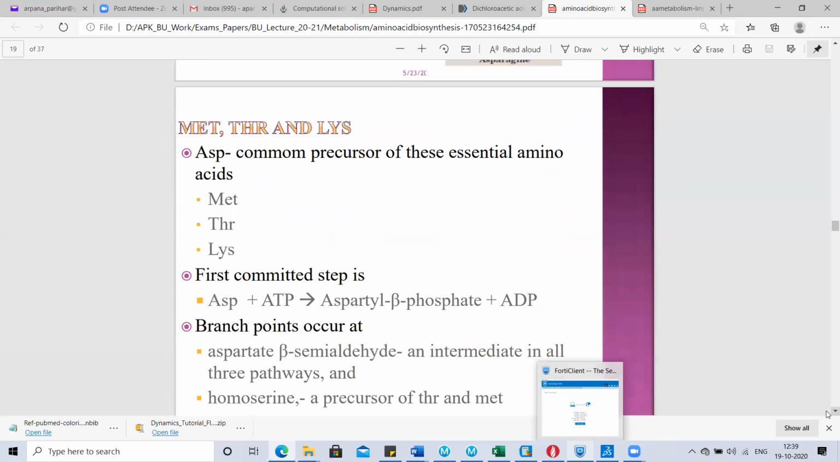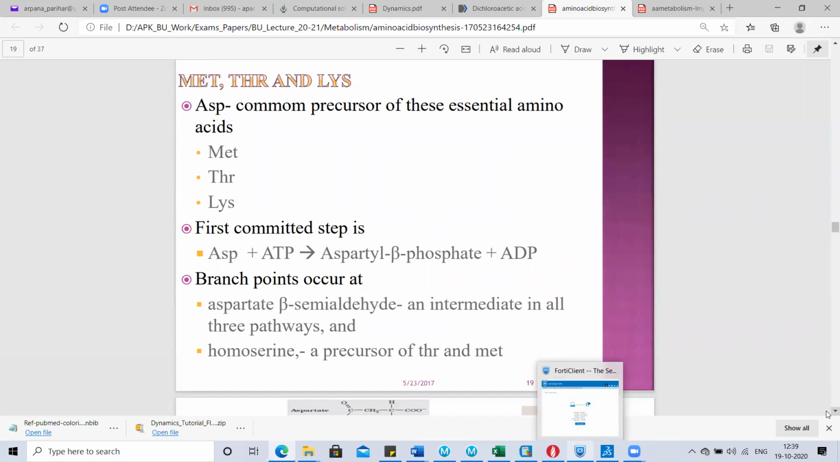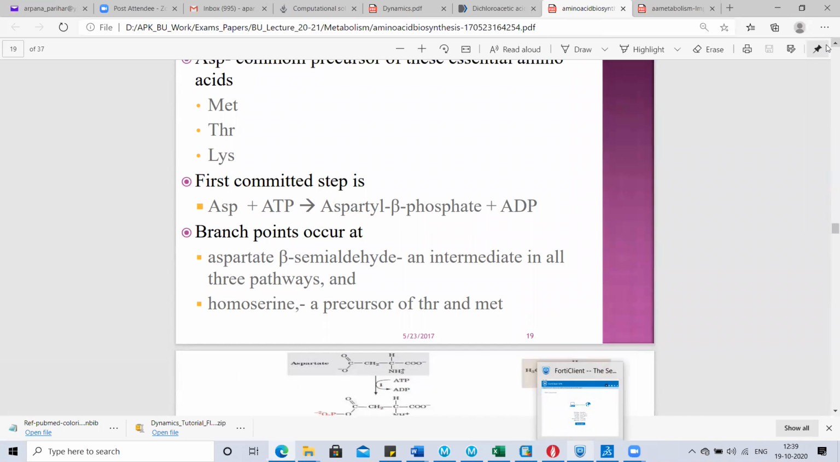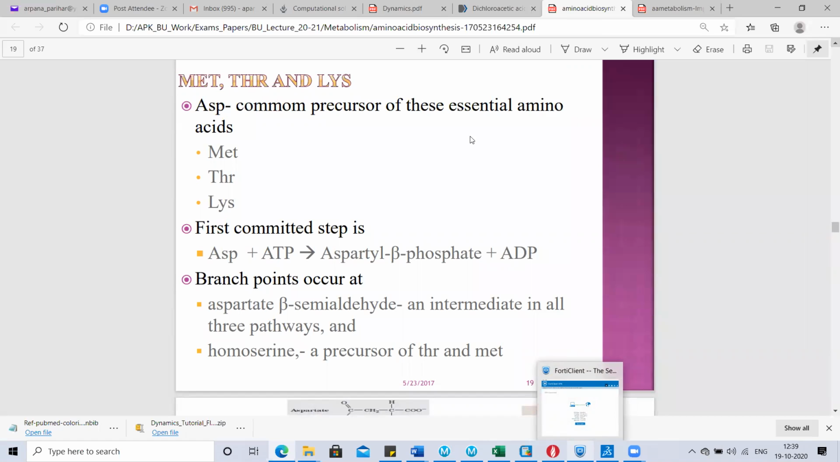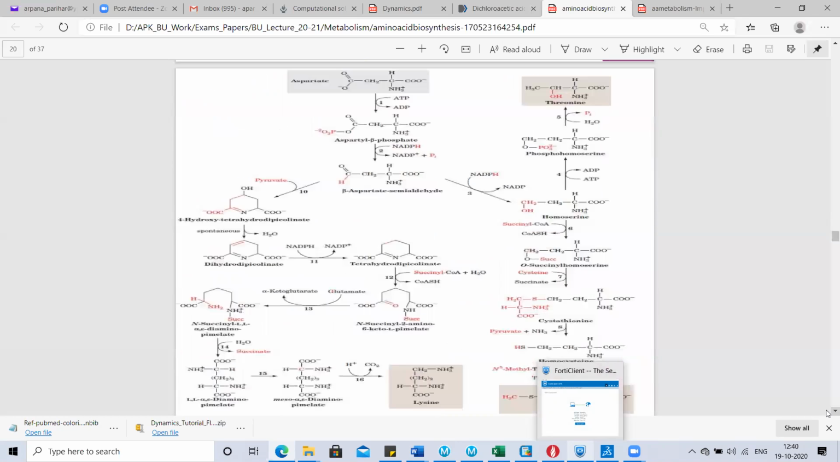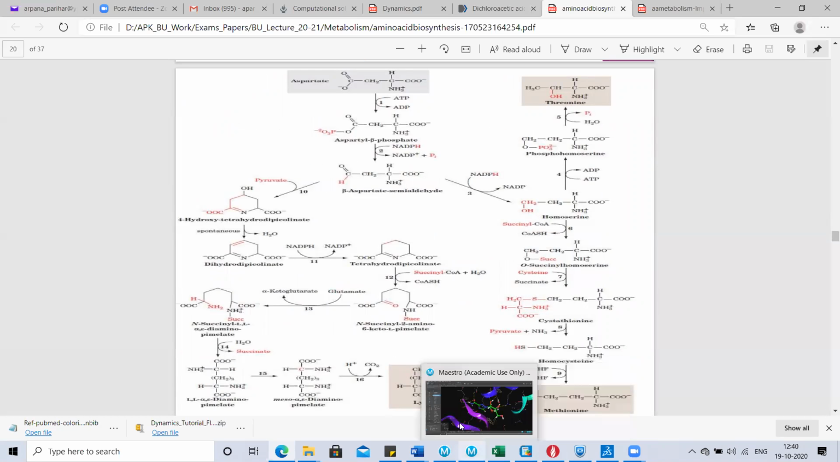How do methionine, threonine and lysine get synthesized? Aspartate is the common precursor of these essential amino acids. The committed step is conversion of aspartate to aspartyl beta phosphate, and the branch point occurs at the aspartate beta semialdehyde step, and we can see this through a reaction pathway. You can see this here. Aspartate can be converted into aspartyl beta phosphate in the presence of ATP,